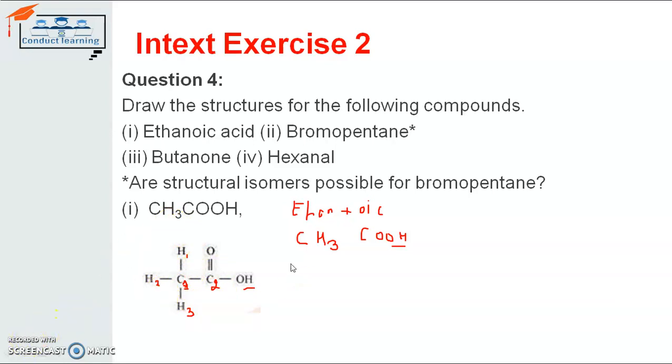Now the next one is bromopentane. As we know that in a pentane there are 5 carbon atoms and accordingly a number of hydrogen atoms also. But because the bromo is attached there, which is a halide group, the bromo will replace one of the hydrogen atoms in pentane. So how will the structure diagram be drawn and what will be the possible chemical formula for it?